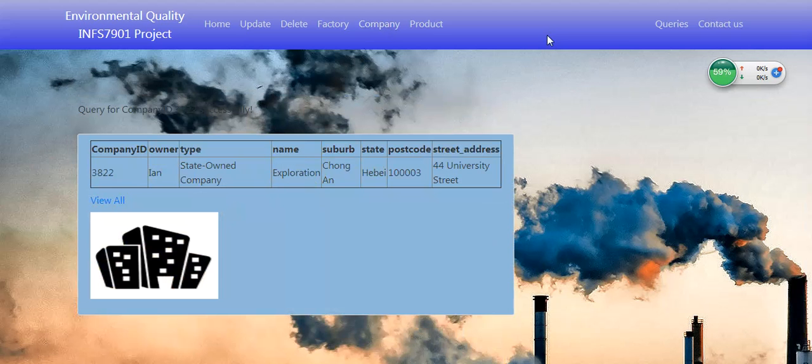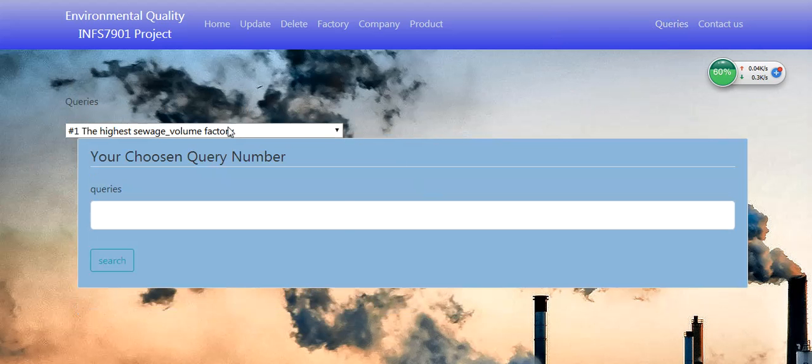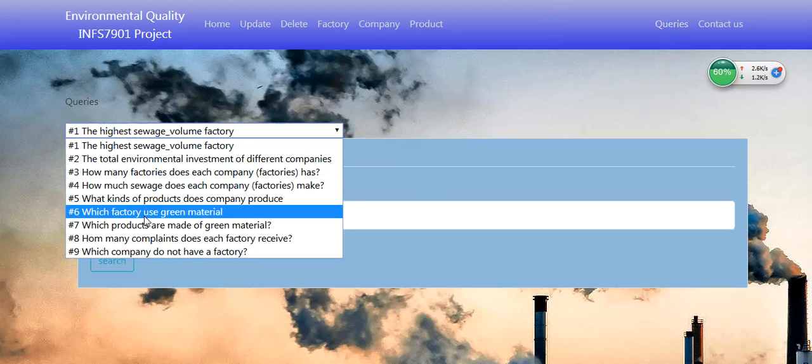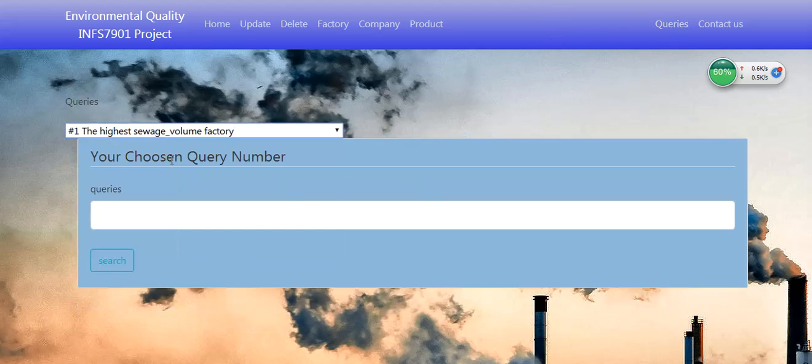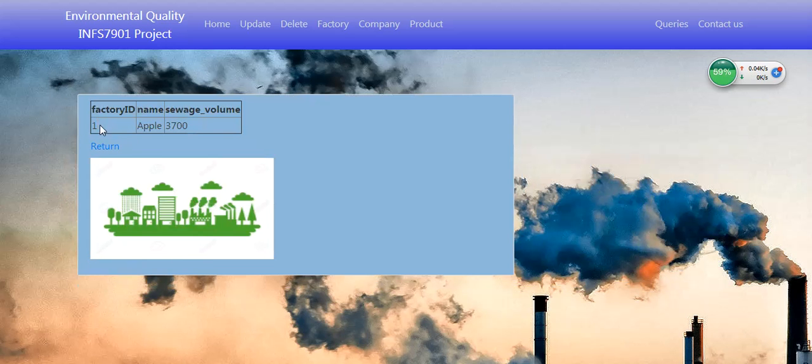And in our website there are some other useful queries, and you can click the query button on the right side, and there are 9 questions. The first one is, you can see which factory has the highest sewage volume, and then choose number 1 and click search. You can see that the factory with ID 1 and the factory name Apple has the highest sewage volume. It's 3700,